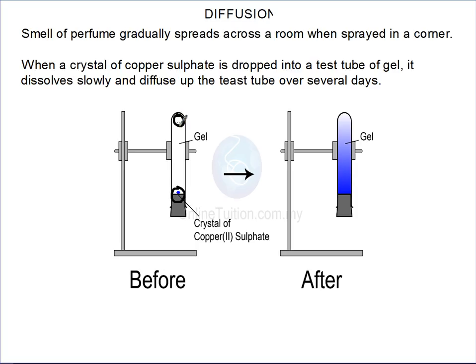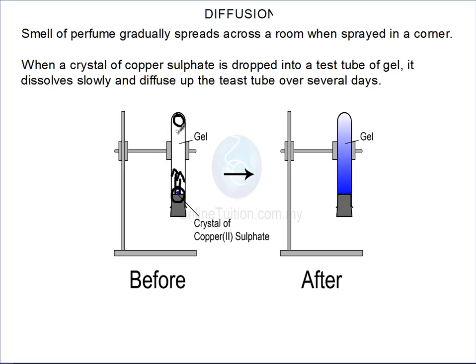At this place, there's no copper, so we can say there's very low concentration, or there's zero concentration because there's no copper 2 sulfate over there. But at this side, the copper 2 sulfate crystals are highly concentrated. Now, with time, diffusion will take place. The copper is going to dissolve and then spread